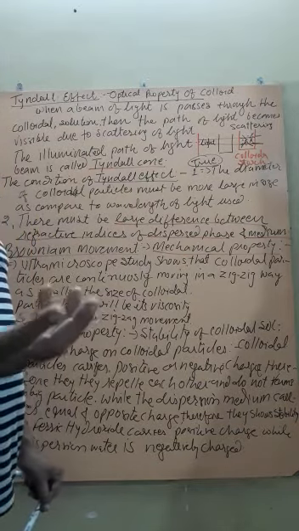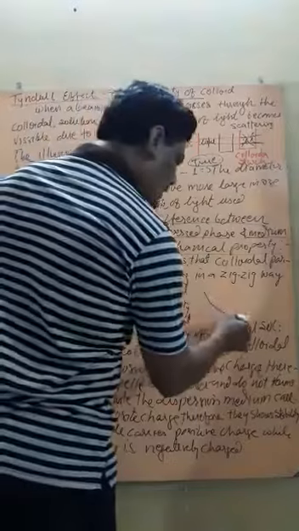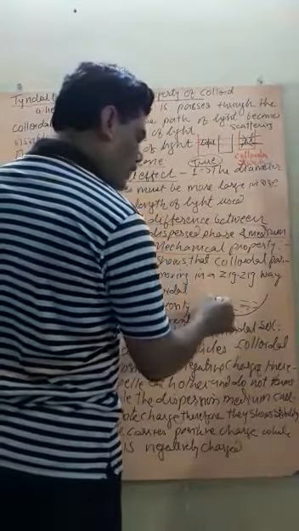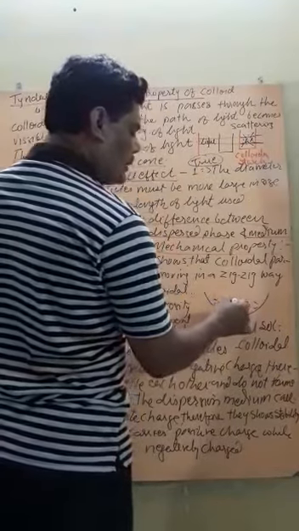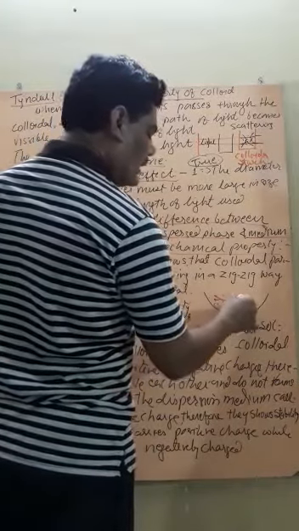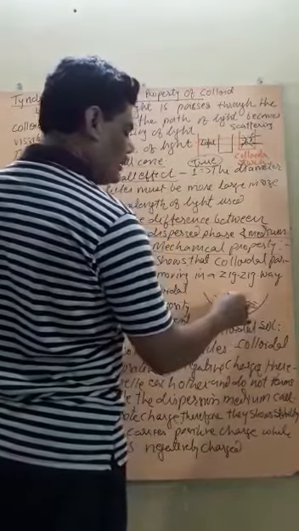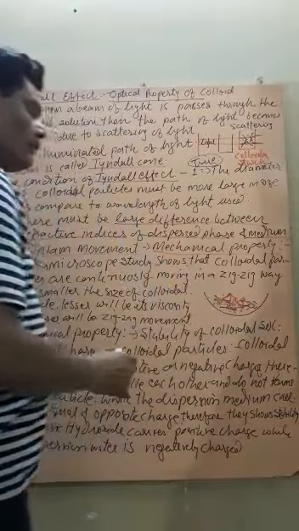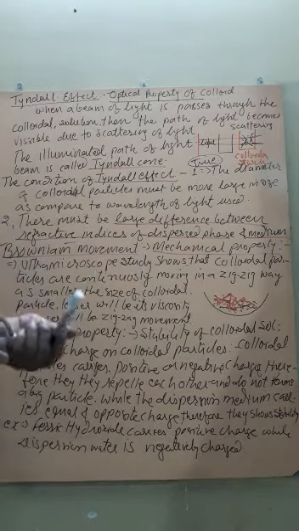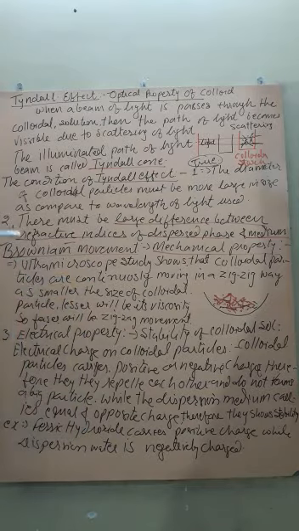You will see that these particles are continuously moving. Suppose we are taking a bowl half filled with water, like that. Now if you add some pollen grains or smaller particles like paper pieces, you will find that the particles are moving in a zigzag manner. This zigzag movement of the colloidal particles is known as Brownian movement. It was first observed by the scientist Brown, so it is called Brownian movement.